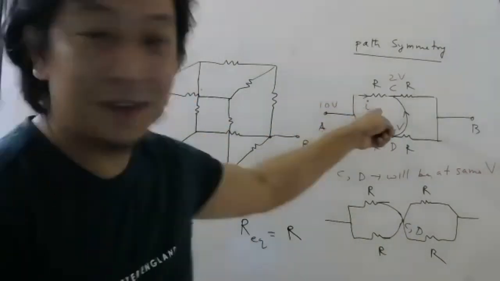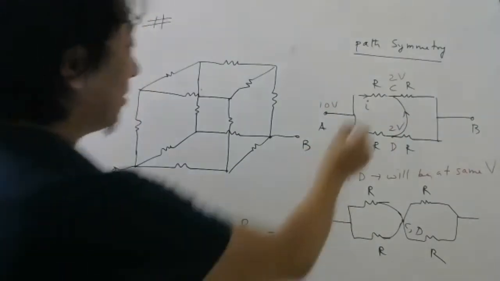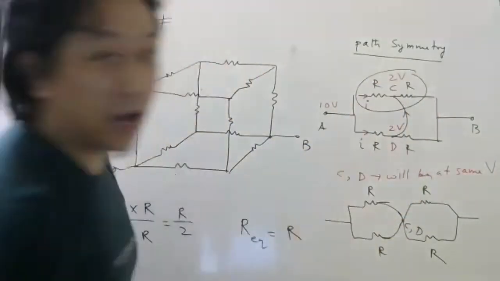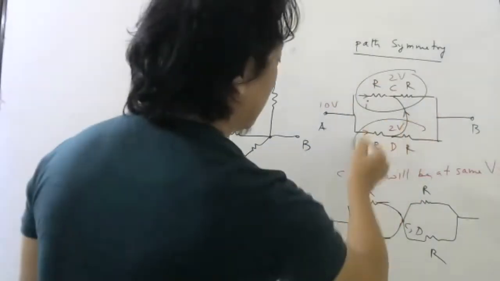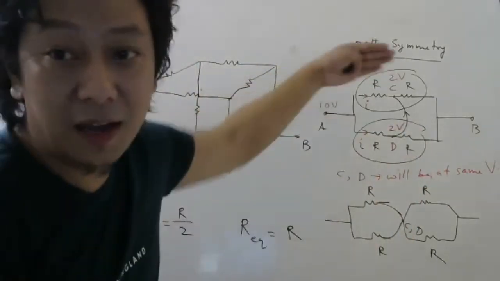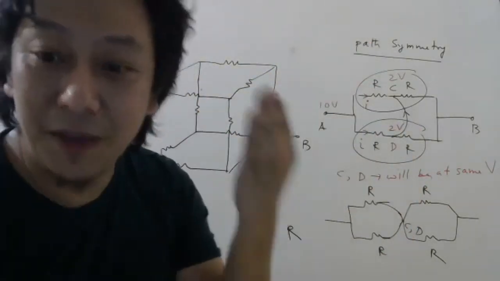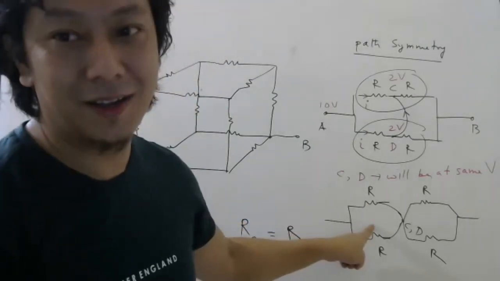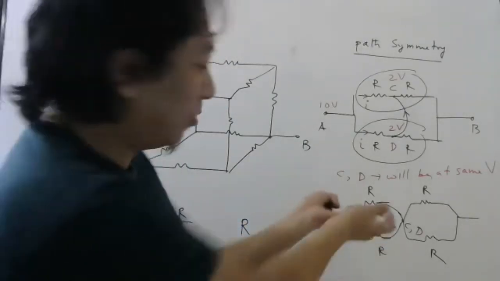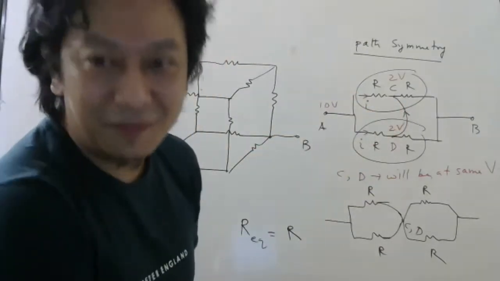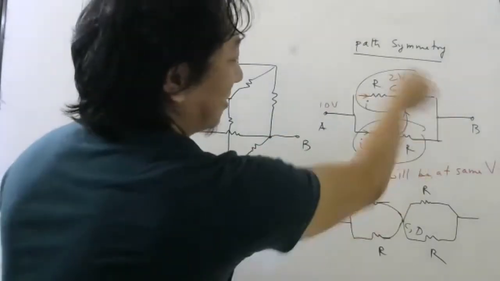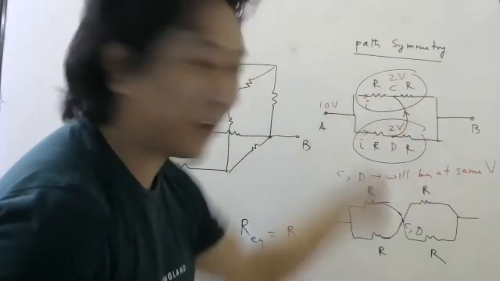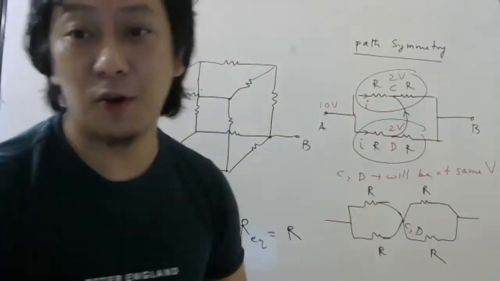And if you check, is it R or not? Check once. These two are in series, 2R. These two are in series, 2R. 2R and 2R in parallel will be R itself. That means this method will work. Of course, we don't do it this way, right? Why do it this way for this problem? If they ask to find the equivalent resistance of this circuit, nobody will do it this way. But the concept is important.